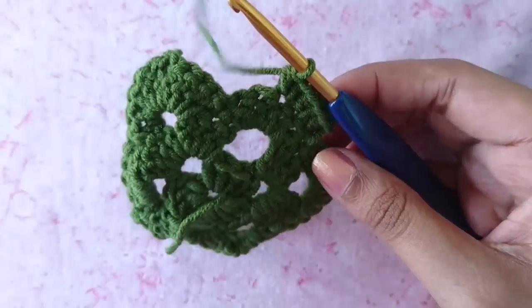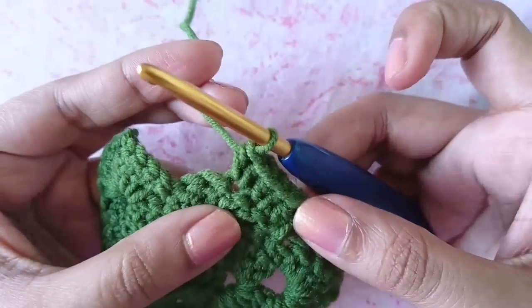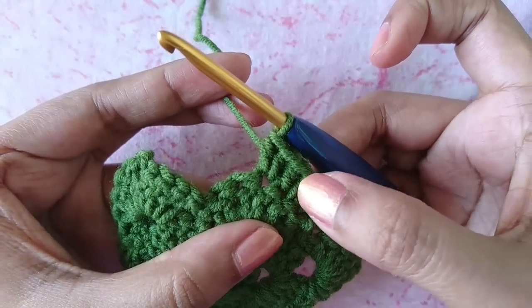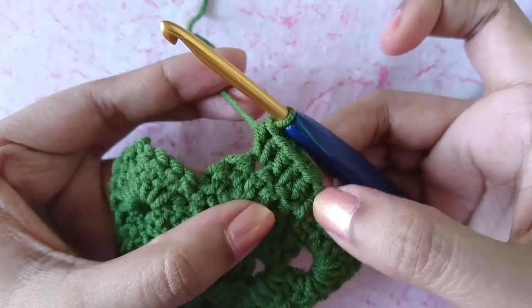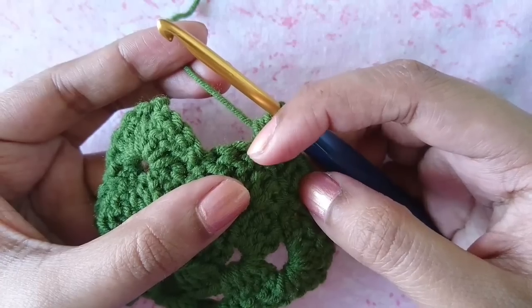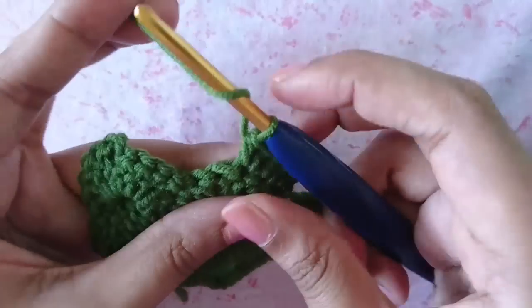Okay, like so. Okay, so I did 6 so far, right? 1 2 3 4 5 6. So that chain 2 will count as 1 as well. Okay, so into this next stitch space, which will be my last stitch space,